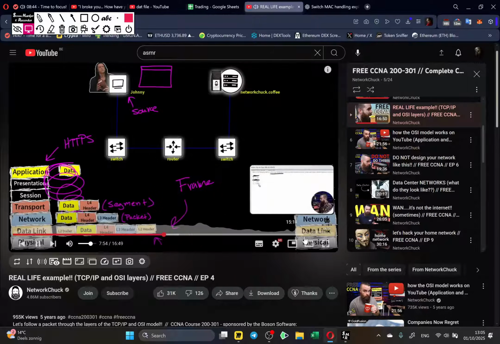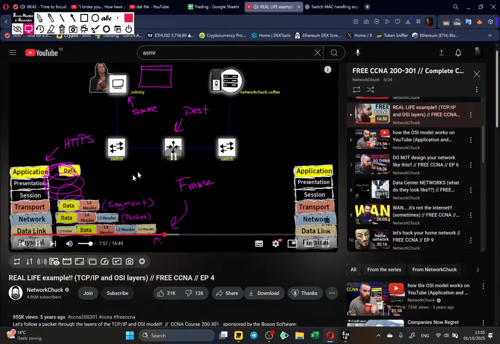is Johnny's MAC address. And then we have the next stop, the destination, which is our... So Johnny sends, what would you call it? Ping would be an IP packet. HTTP would be a... Well, everything is essentially called a packet, but it would be a layer 3 at most, the highest layer. So it has a destination IP, source IP, of course, destination MAC address, source MAC address, and then